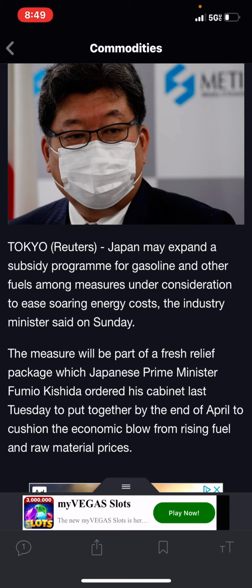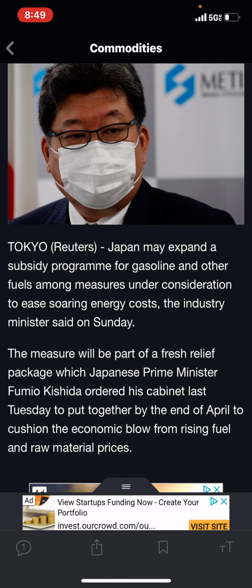So basically, we're in a situation now where we have globally high prices on oil and gasoline in every major industrial country, especially the major currencies that Forex traders trade, which are AUD, NZD, JPY, CHF, the Great British Pound, the Euro, the Canadian Dollar, and the US dollar. Each one of those currencies' respective countries are already dealing with very, very high fuel costs.